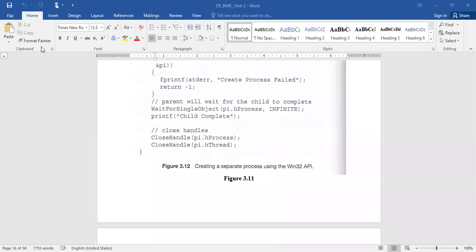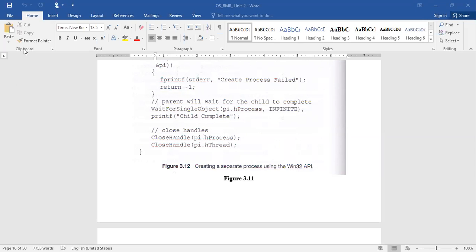And after that, while executing your process, the operating system should maintain some data structure, which we are calling the process control block. It contains information like process state, process number, program counter, CPU registers, memory limit, and what are the other files that are already opened for executing this particular process.